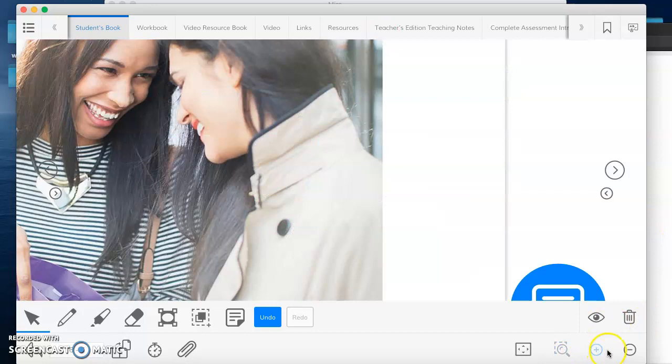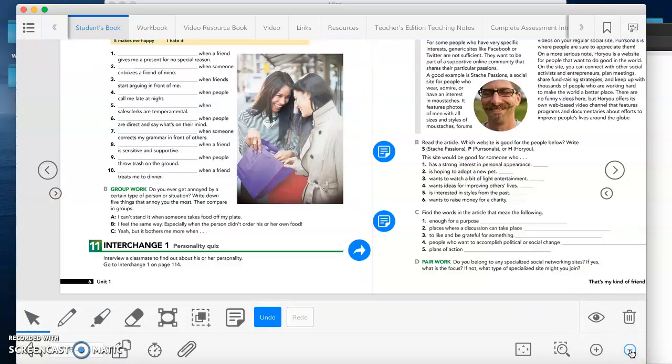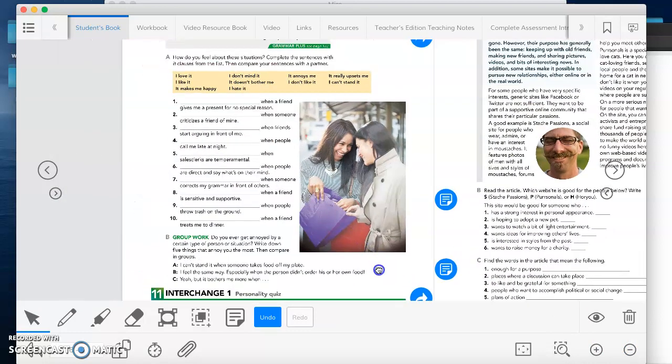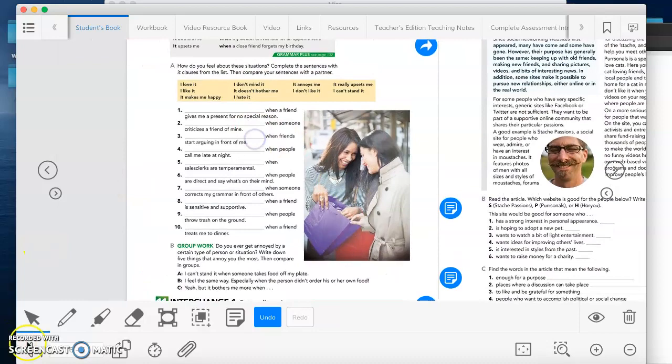So this is basically it. It's not too hard. Anyways, I'm going to send you now an exercise. On this exercise, what you need to